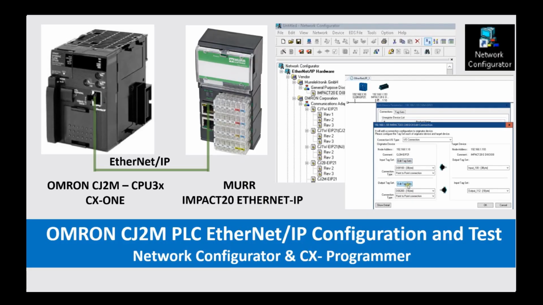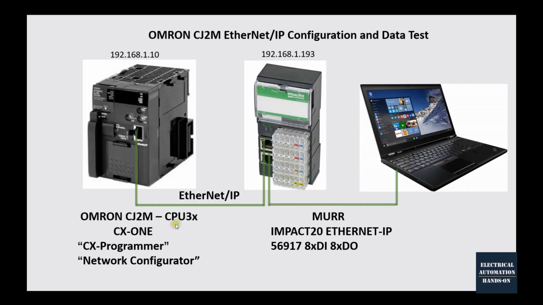Hello everyone, in this video I would like to briefly discuss how we can set up the Ethernet IP communication between the OMRON CJ2M CPU 3 series controller and this Ethernet IP device, a MURR Impact 20 8-digit input, 8-digit output device. This device is just used as an example. The main aim in this video, I will show how we can set up the Ethernet communication within this network